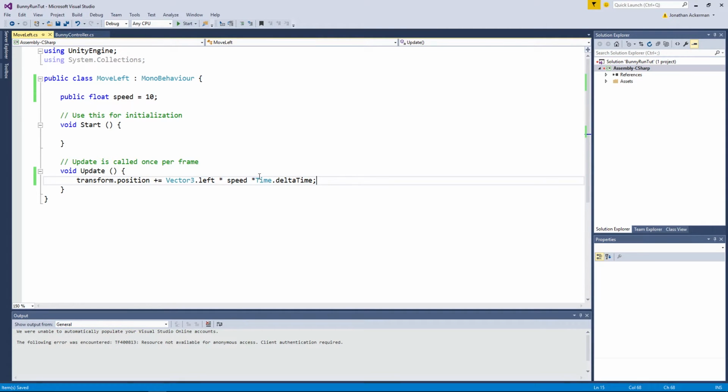Alright, so what this is doing for us is that we're taking the current transform, the current position of the cactus, and we're going to add to it a left vector, which normally just has a value of 1 pointing in the left direction. We're going to multiply that by speed, so it would be a vector left at a magnitude of 10, and then we're going to multiply that by delta time. Delta time, I think we've mentioned before, is pretty much the amount of time that it took to complete the last frame in seconds. So it'll be a fractional part of